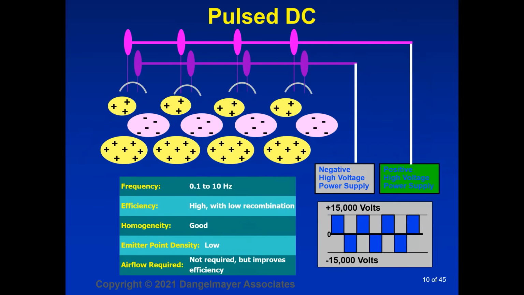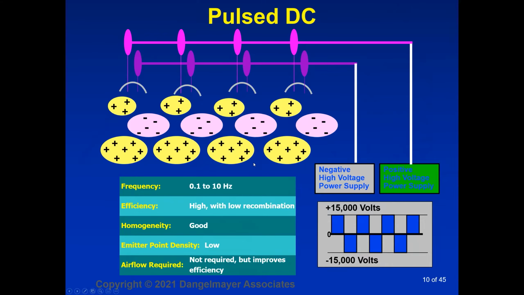And finally, here's our pulse DC ionization. Again, you have positive and negative power supplies, but we're alternating. First, we turn on the positive supply, make a cloud of positive ions. Then we turn on the negative supply, make a cloud of negative ions, and we adjust the timing and the levels of ion production